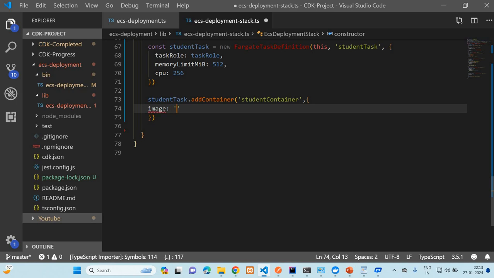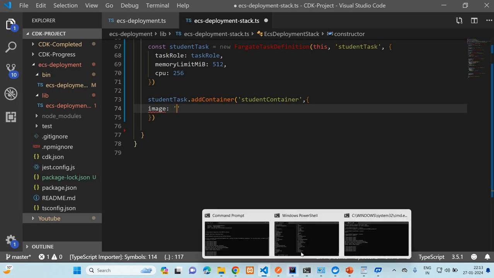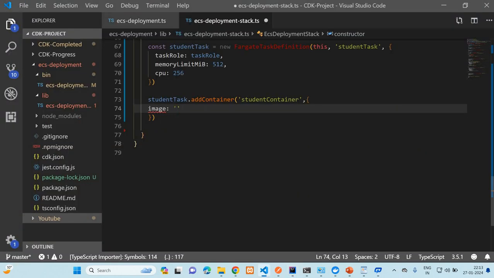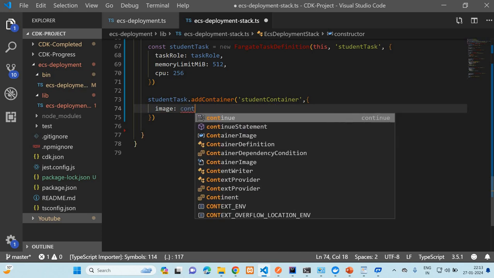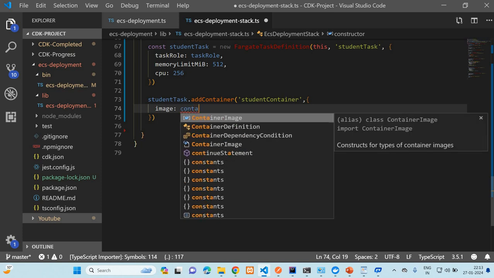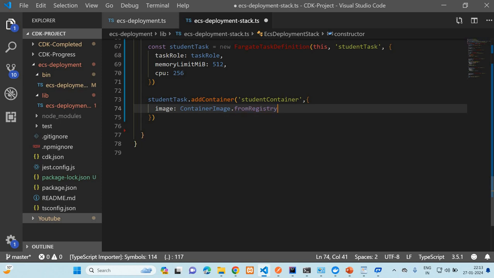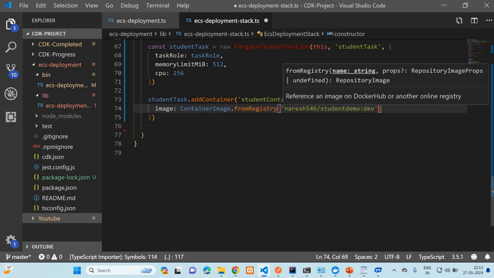So the image name I will copy from there. This is the image name. But we have not actually written this thing. Container image dot from registry. We will write this thing. Okay. Then I will also write the